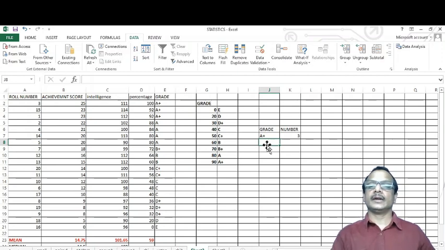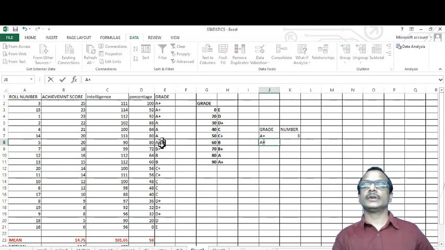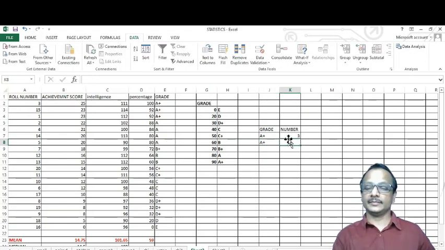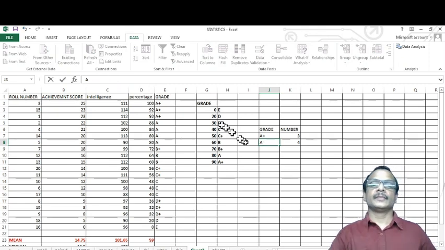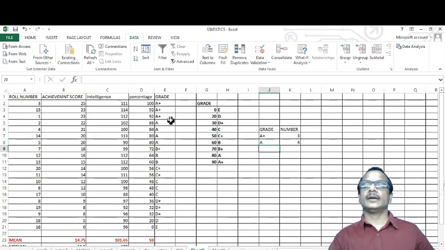Now next is A. Here 1, 2, 3, 4 is the number. For A the number is up to this point, and then B plus.